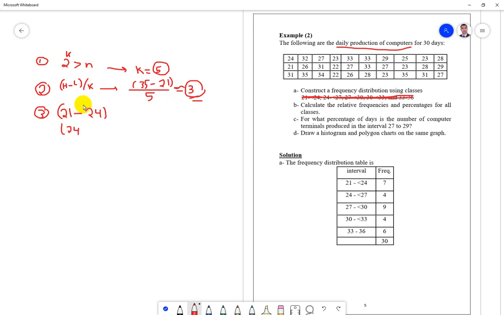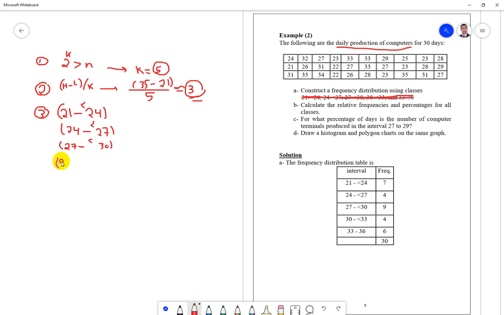From 21 to less than 24, or up to. That means 24 is now included in the second interval, the second class, not in the first. So 21 to less than 24, 24 to less than 24 plus 3, which equals 27. So each time I'm adding the width or length, which is 3. So starting from the minimum value 21 and then adding 3, it will be 21 to less than 24, and then 24 to less than 27, and then 27 to less than 30,